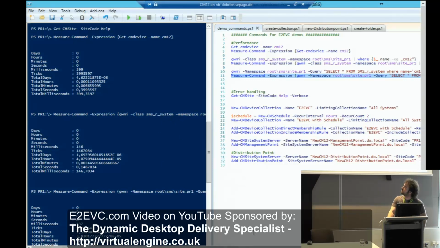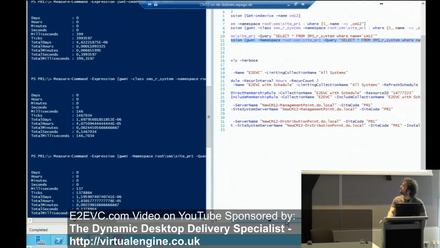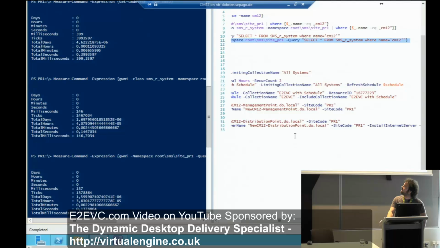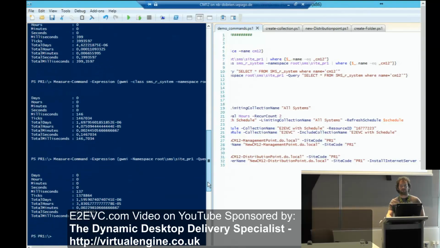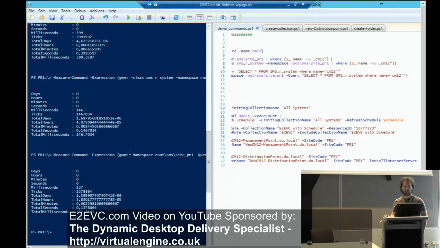That one ran 0.14 seconds. And the Get-WmiObject with a filter, a query, ran roundabout the same. So we have a factor of roundabout 3 that those native commandlets of Microsoft are slower than the Get-WmiObject commandlet,